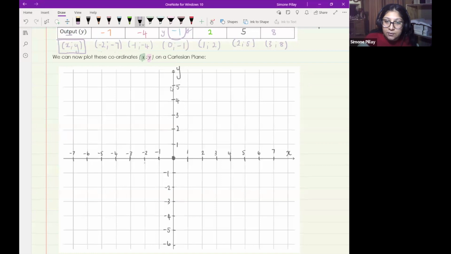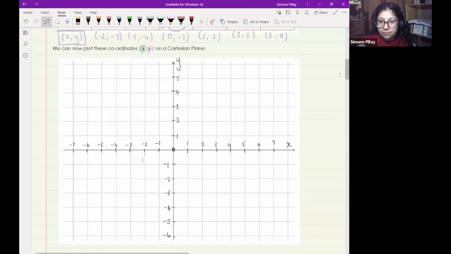This is where -2 is. And then I need to get to -7. -7 I can see is going to be lower than what I actually have on my graph. So let me go more down. Okay, I'm going to extend this to include -7,